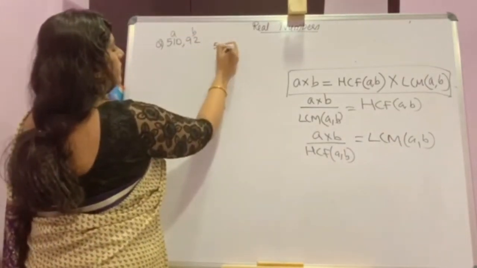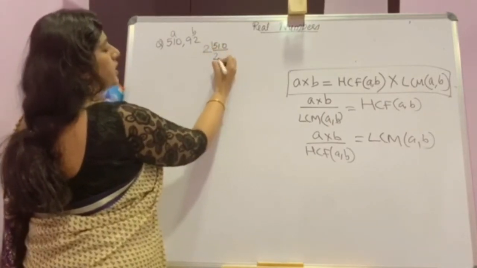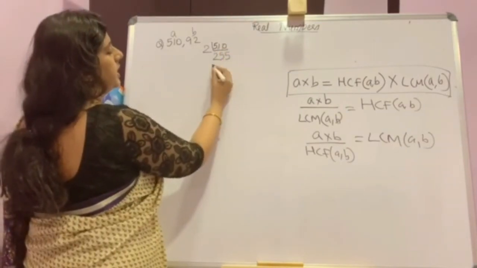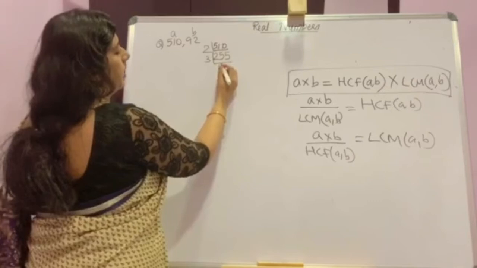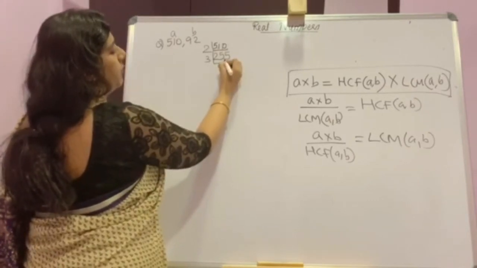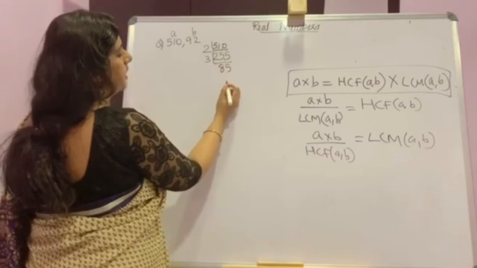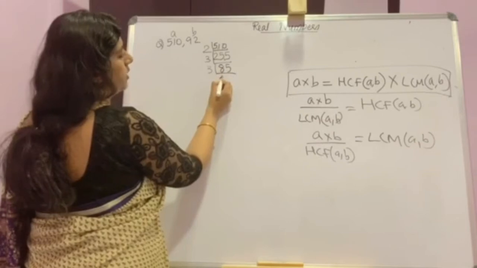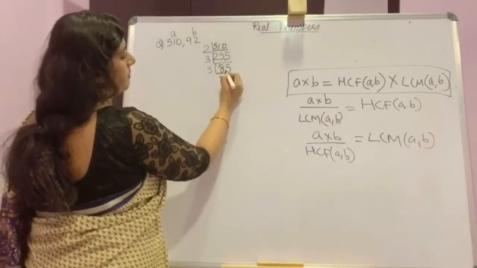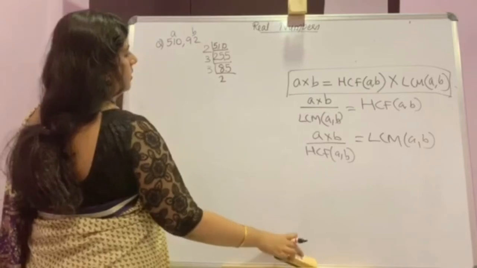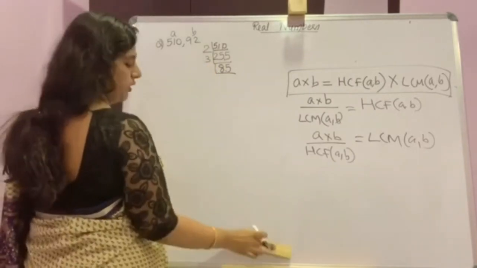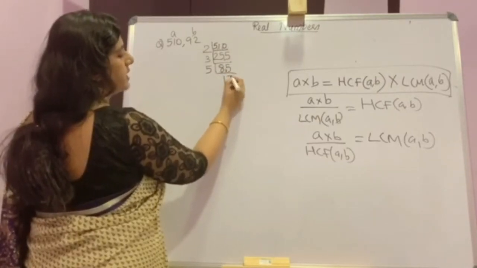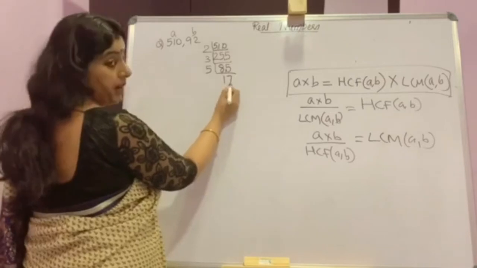Now factorizing 510: 2 5s are 10, balance 1; again 5 2s are 10. Now in 255, 3 8s are 24, balance 1, 5 3s are 15. Now let us take 17, 3 1s are 3, 3 2s are 6, balance 2, no, it will not be a multiple of 3. We will move to the other factor, that is 5. Now 1 5s are 5, balance 3, 7 5s are 35. Now this is a prime number.